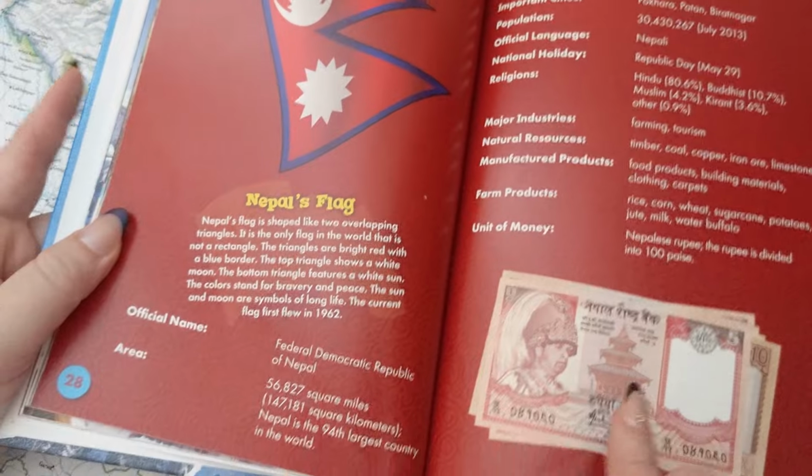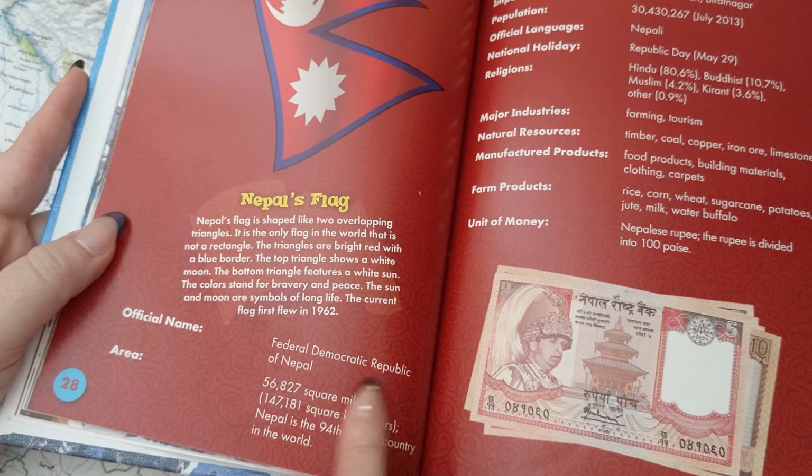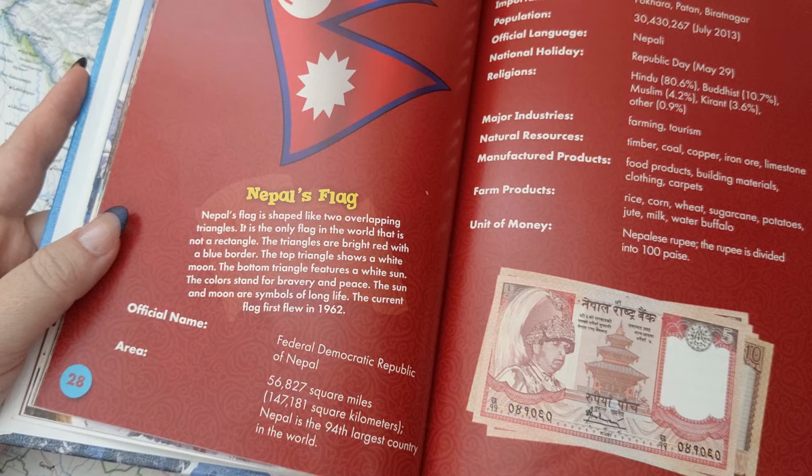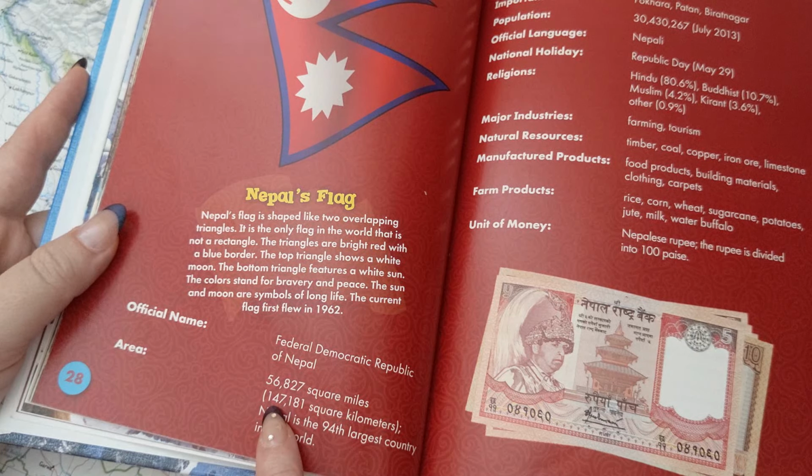So the official name is the Federal Democratic Republic of Nepal. It's 56,827 square miles, or 147,000